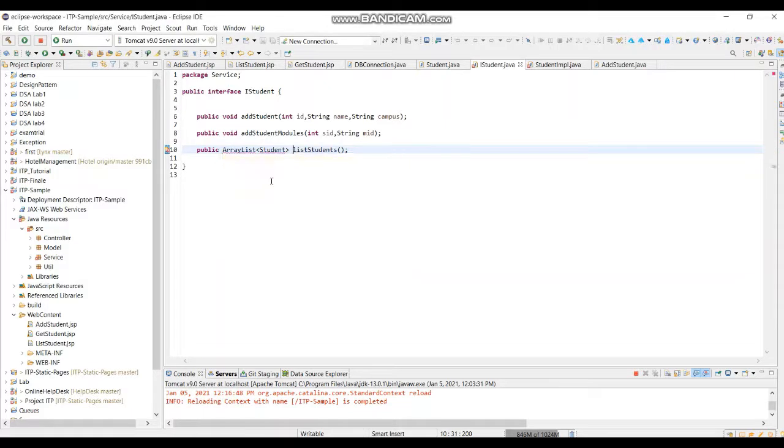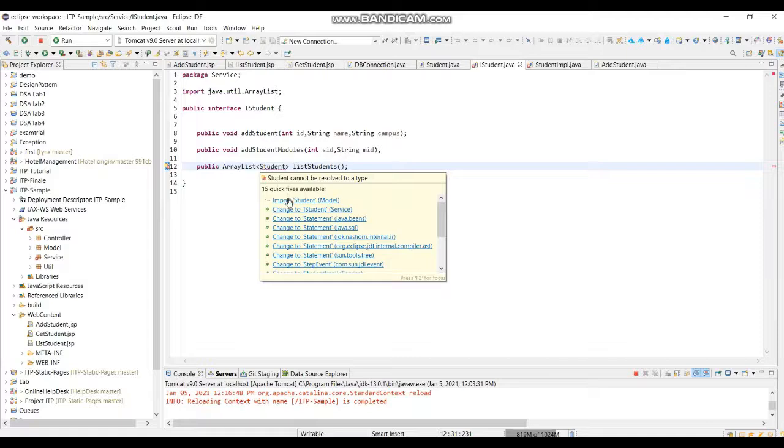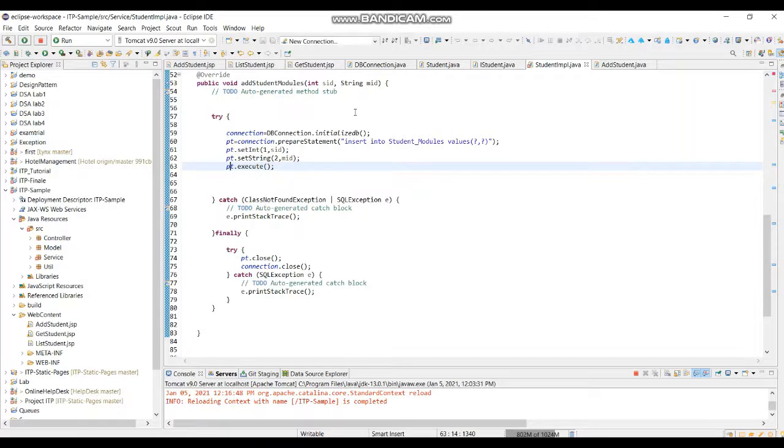So I am importing the library and the class. Okay, so the function looks like this: public, return type ArrayList of Student objects, and the name is listStudents. Now go to this student implementation